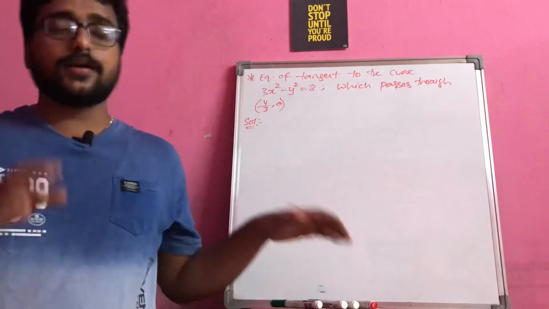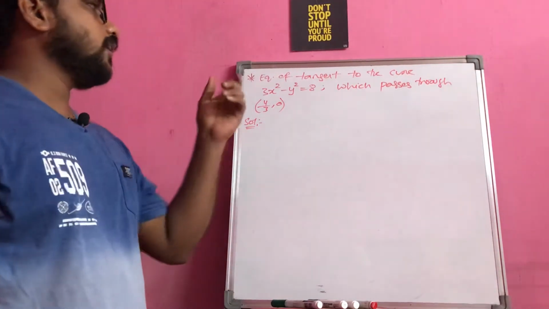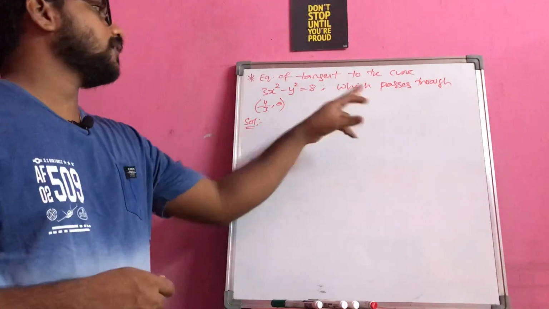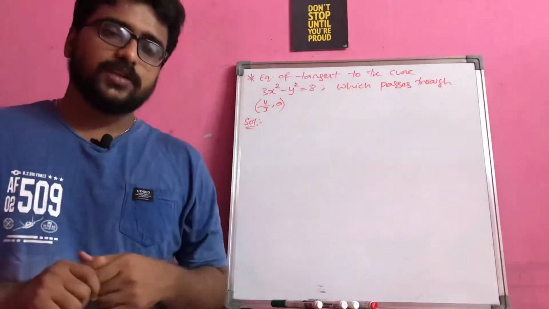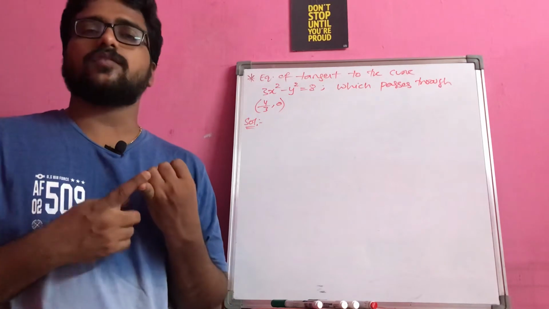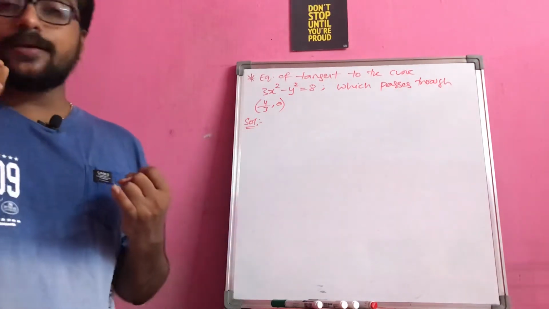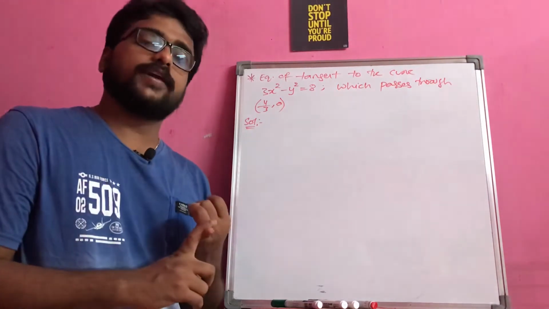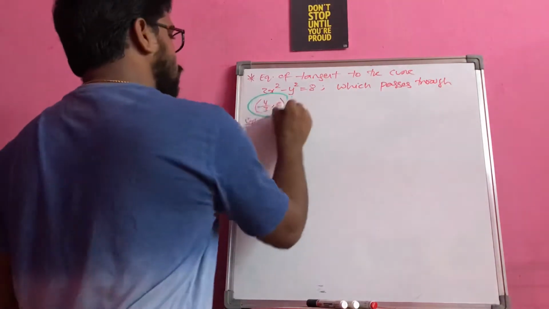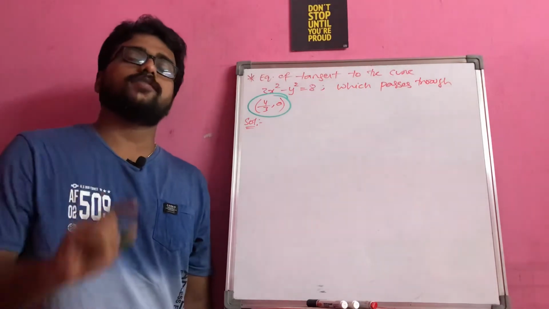So let us try to understand the question first, later we will go into the problem. They are saying that the equation of the tangent we have to find out is passing through the point (4/3, 0). So obviously what will be our first step? You have to find the derivative to get the value of dy by dx. Now the question is, had they mentioned at what point you have to find the tangent? They didn't mention. They mentioned that it is passing through a point, but it is not the required point where you have to find the equation of tangent.